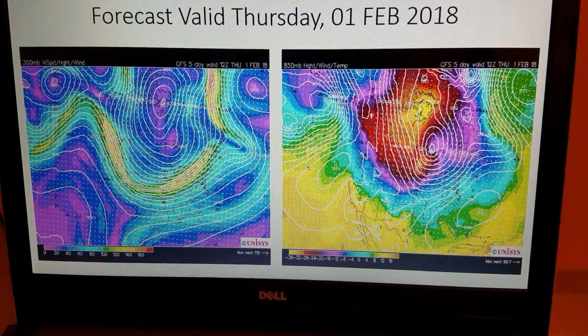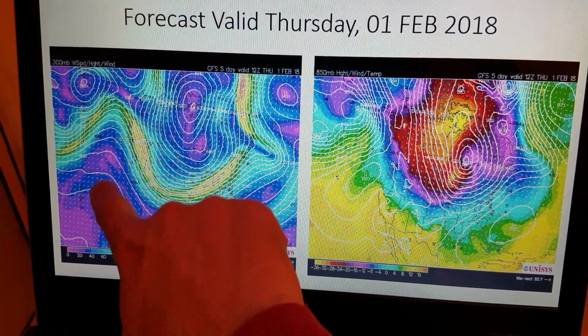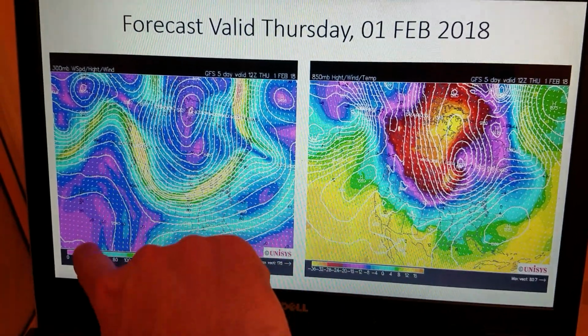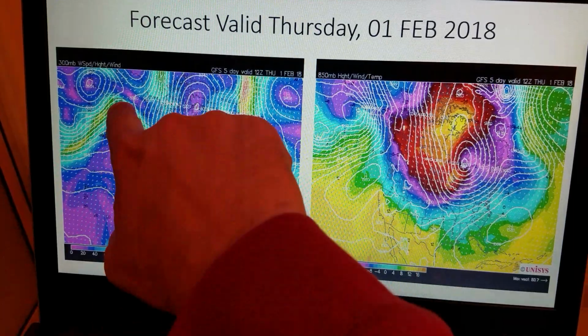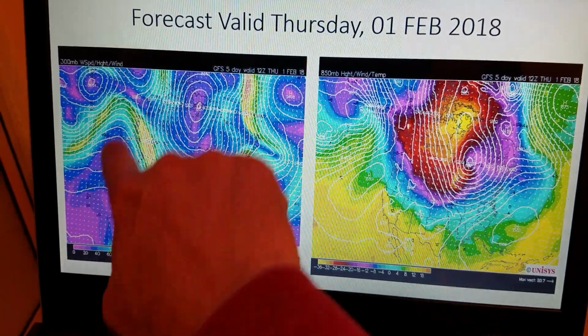Moving on now to Thursday, a little bit longer range now. Now we're going to the month of February. We have an upper level ridge that's really starting to build just off the west coast of the United States over the eastern Pacific. When this thing builds higher up into the